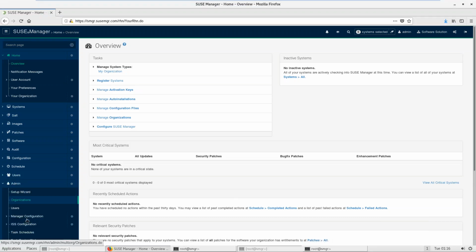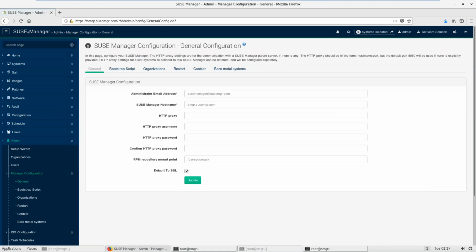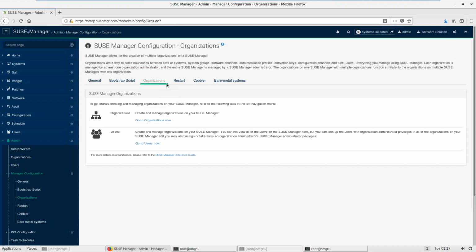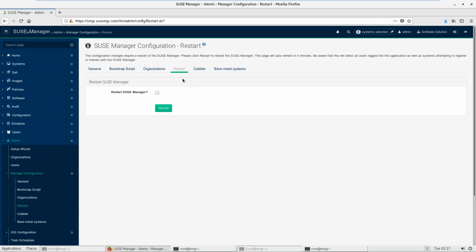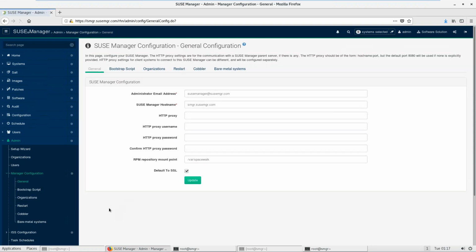So under here you can see this option, manager configuration, and then bootstrap. Because I want to use salt to join this machine, this option has to be clicked. Rest are fine, no issue. For the general option, bootstrap is the location where your file will get stored, this bootstrap file. Organization, yes. Restart, I don't want to restart anything. Cobbler is for provisioning or something. Anyways, so